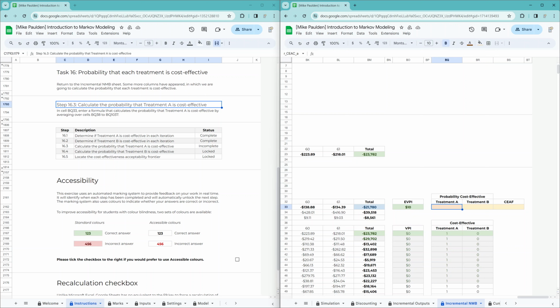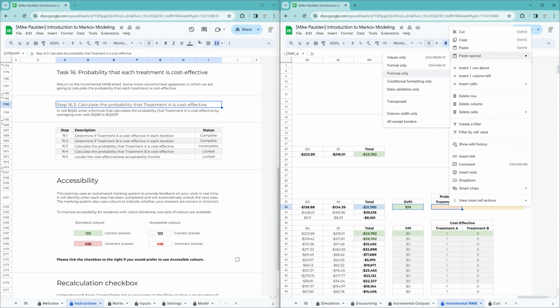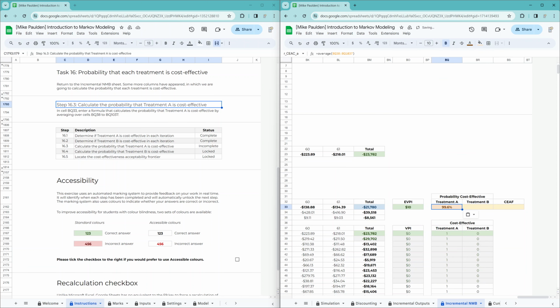So the probability is simply the average of all of these. So we can probably just borrow it from here. Let's just copy that. There we go, 99.6%. So if you recall, there were a few of those iterations where there was a positive